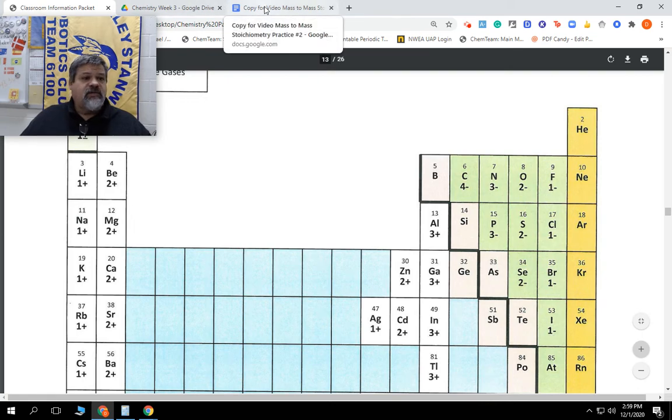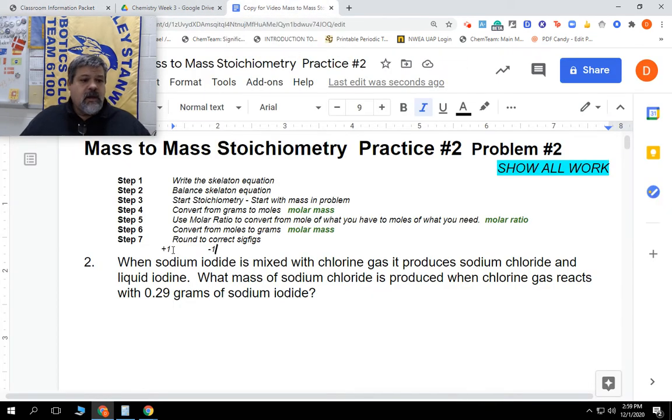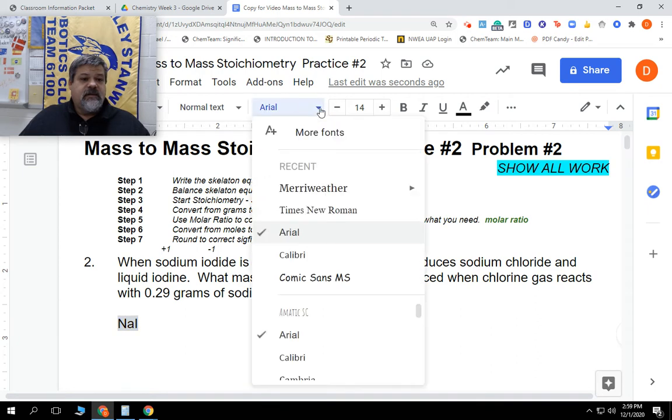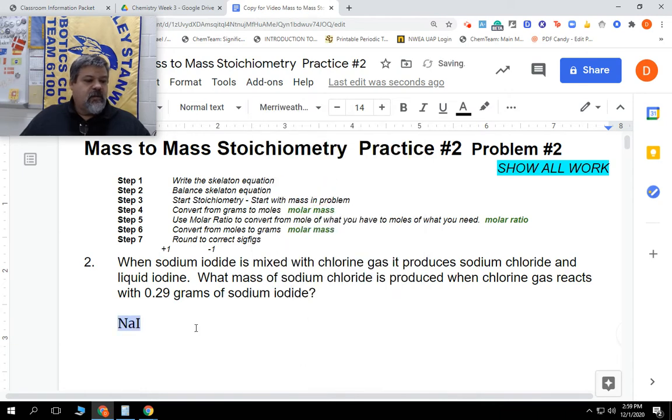So let's go back to our questions. Okay, so we have those right there. Since they already cancel each other out, we just have to write one of each one down. So we're going to start right off down here by putting sodium and then iodine. Now again, because this is close to that, we're going to change the font. I like changing the font just a little bit to make sure I can see. Let's see if that works. That works right there. So we're going to change the font, and that is going to be mixed with chlorine